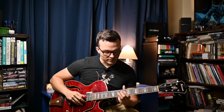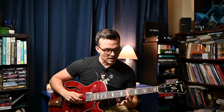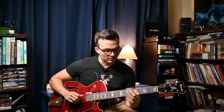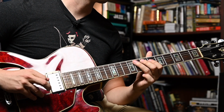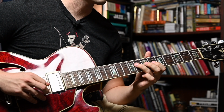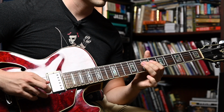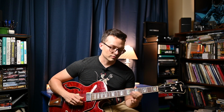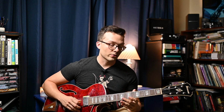And I like taking this phrase anytime I'm trying to target one of these notes. So if I was trying to target G here, I'd start on E, right? Or if I'm trying to target the C, there's a lot of different phrases within this long line that you can really get some vocab out of. The ones that I would take is thinking about how to approach notes in the triad chromatically, and doing it with slides, hammer-ons, pull-offs. This lick where we do that chromatic descent with the hammer-on out of nowhere,